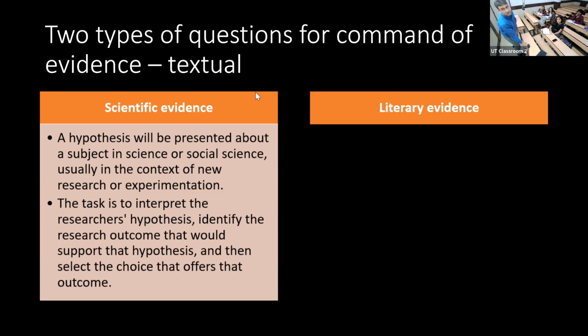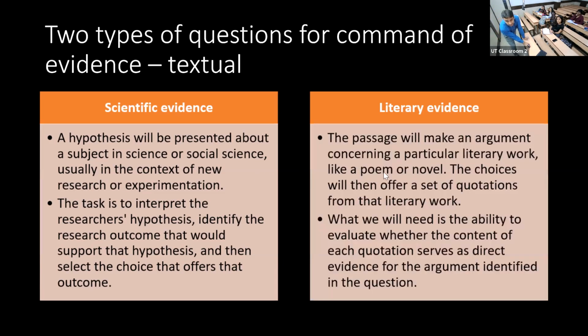The second type of question could be literary evidence based. There's a text given to you, but its source will be literature: poems and, like I said, novels, fiction, non-fiction. It could be anything. The passage will make an argument concerning a particular work like this. Choices would be a set of quotations from the